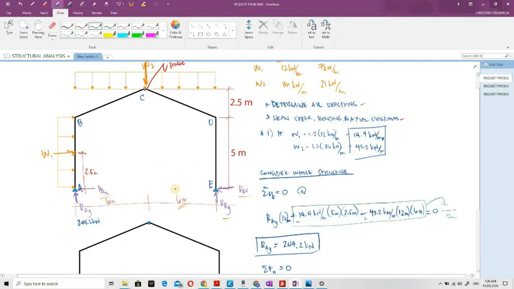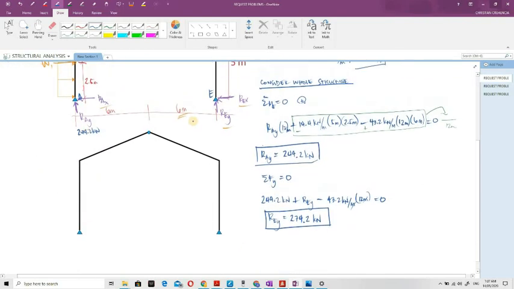Okay, so paano natin makukuha yung RAX and REX? REX. O, paano? Bigyan ko kaya ang konting time para mag-isip. Kasi nag-summation na tayo ng forces along X. So, W1 minus RAX minus REX should be equal to 0. Kaya lang, dalawa yung unknowns natin. Okay. So, kung gagawin natin ngayon is i-consider lang natin tong kalahati. Okay? So, i-consider natin yung kalahati ng